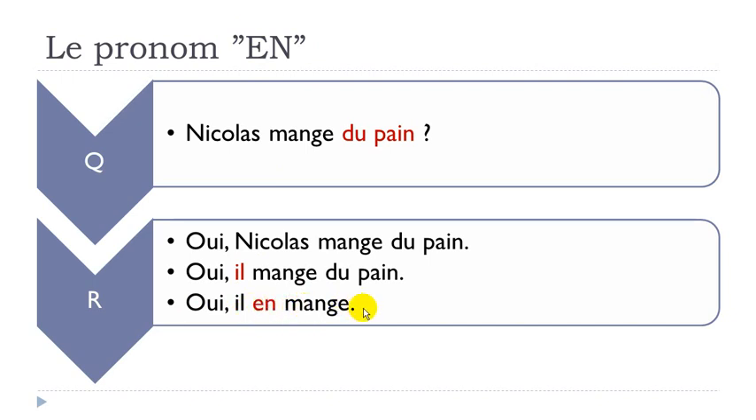In that case you use this il just to avoid repeating Nicolas because it was previously stated, and then you want to use this en, the pronoun, just to avoid repeating du pain because it was in the question. Okay, oui, il en mange. So remember that this en pronoun should be before the verb. Okay, so let's see now